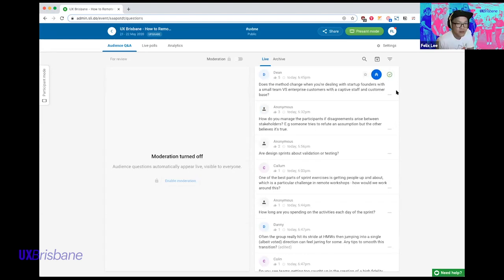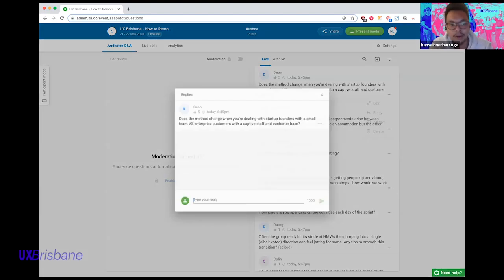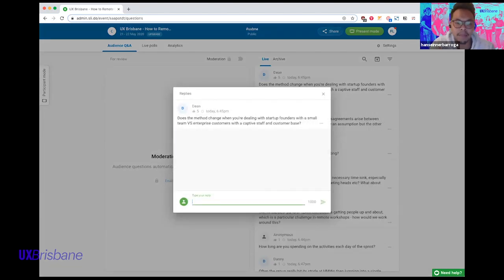I like to see design sprints as not a recipe. It really depends on the problem you're solving. In a way, you can apply the same structure with the startup founders and with your enterprise customers. In our case, we use the design sprint to co-design with our users and also with our executive leaders.